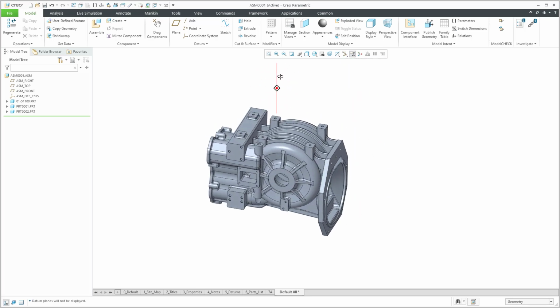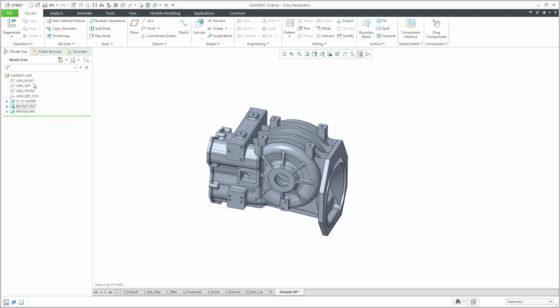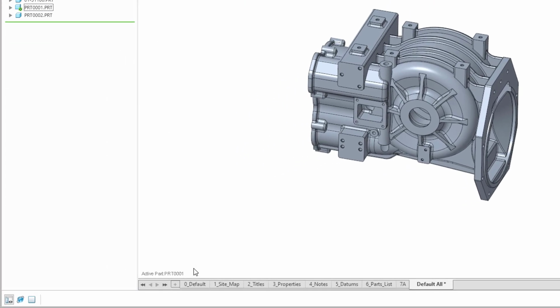And if I want to start creating features in one of those parts, all I need to do is select it, and then from the mini toolbar we have the activate icon. Now, based on the default settings in Creo Parametric, it will dim all the other components in the assembly, but I have that option turned off. If you take a look at the bottom of the screen, it tells us the active part is the first